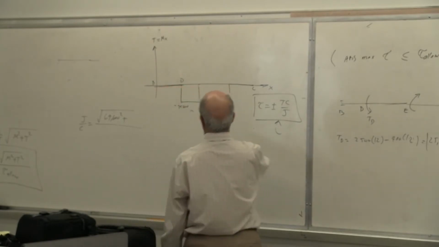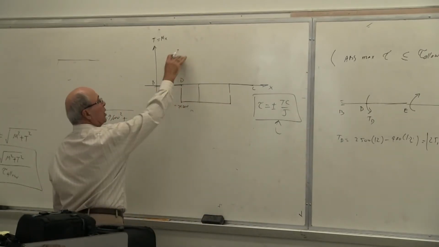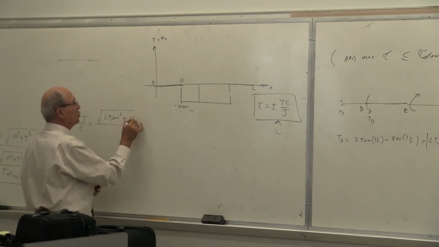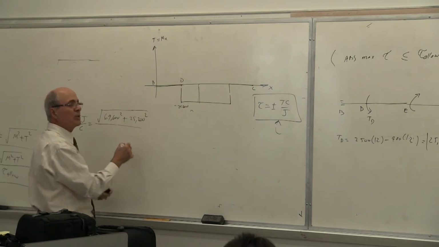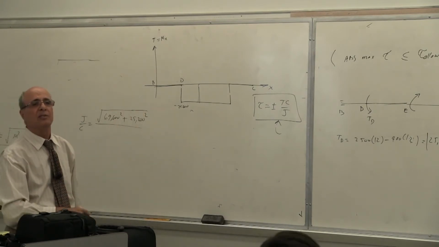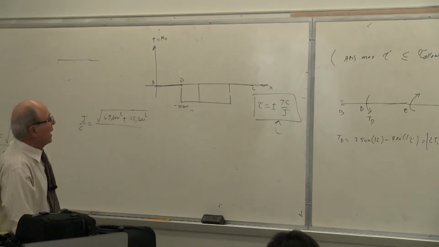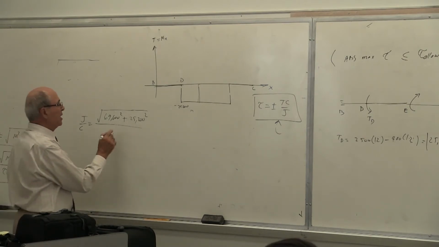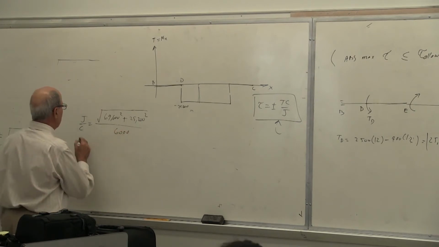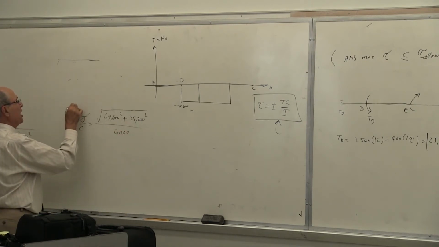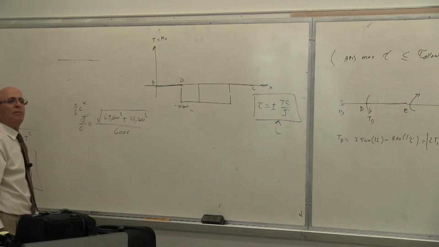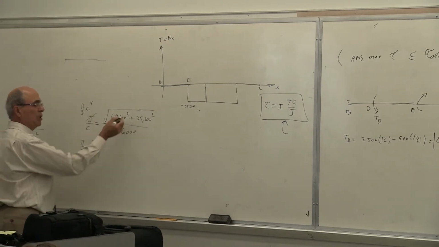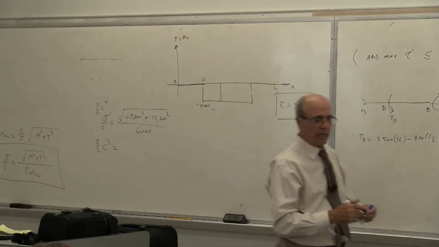Plus that one, how much is that one? 25. You plot it up, you plot it down, doesn't matter. If you make a mistake, it doesn't matter, because this is the reference to the axis that you are choosing. Yes? And then divided by what? Divided by tau allowable. Tau allowable is 6,000. Now the next step, of course, J is what? J is pi over 2 c to the power of 4. So you get pi over 2 c to the power of 3 equal to this number. This number, you can calculate that.